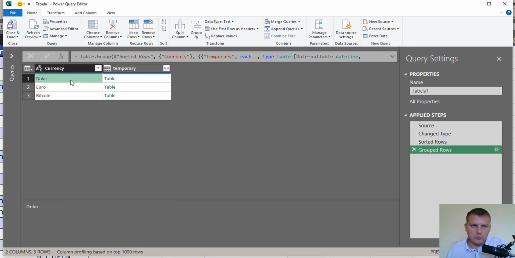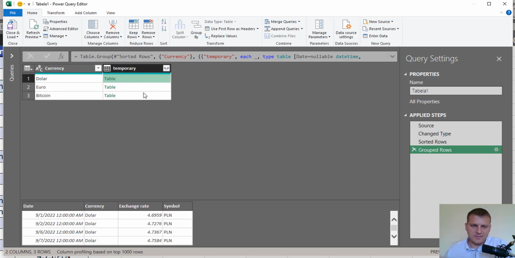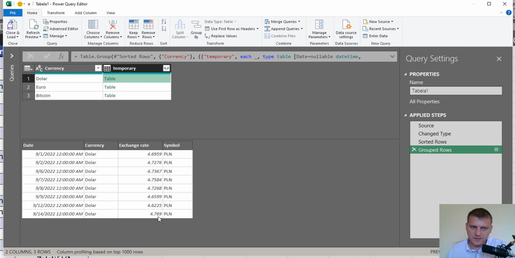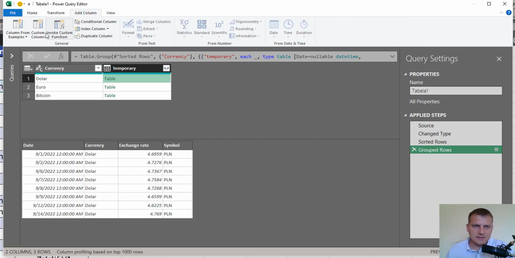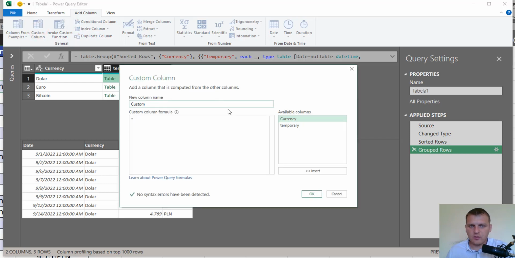For each currency we have a table with all rows with this currency, and because we sorted this data by the date column, the last row here is also the newest exchange rate, and we want this last row. So we can do it by adding a custom column, and we will call this column last, and we just have to use